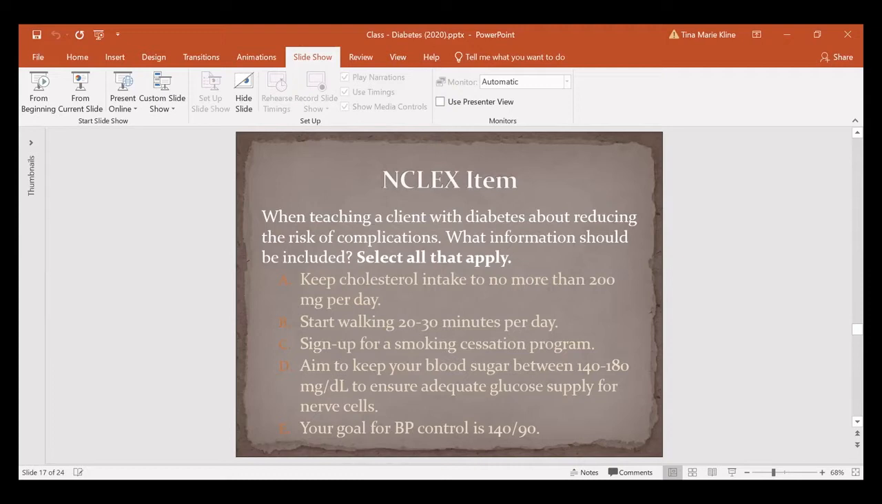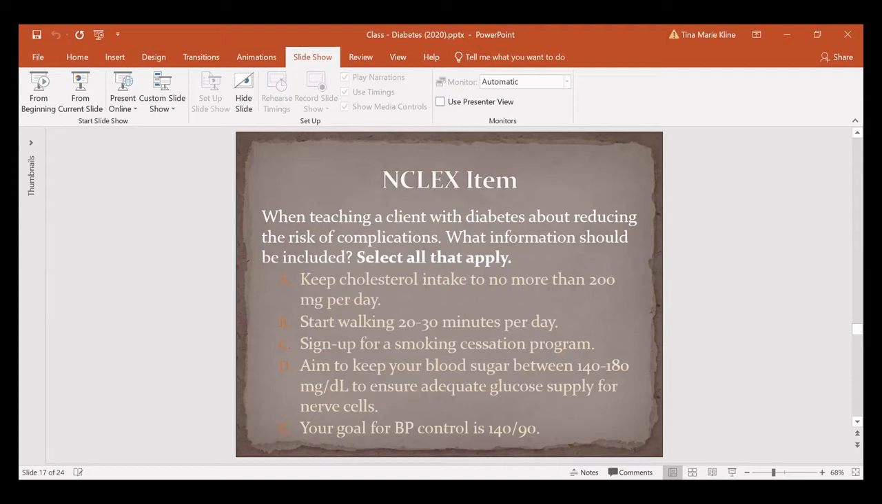Because smoking, well, not just smoking, but nicotine in general causes vasoconstriction and vasospasm. So that's going to decrease circulation to your extremities. We know that wounds, poor circulation is associated with diabetes. Okay. D, aim to keep your blood sugar between 140 and 180 to ensure an adequate glucose supply for your